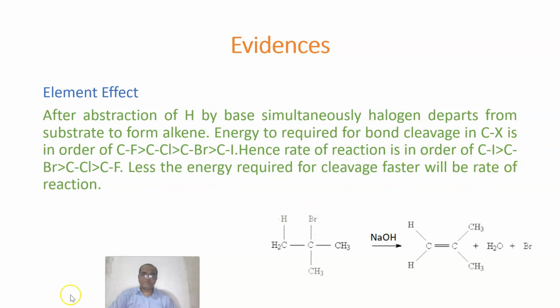Electronegativity also matters here. Fluorine is more electronegative than chlorine, then bromine, and then iodine. There are only four halogens, and iodine is one of the weakest halogens in terms of bond cleavage, because the electronegativity of iodine is quite low compared to the others. Fluorine requires a huge amount of energy.